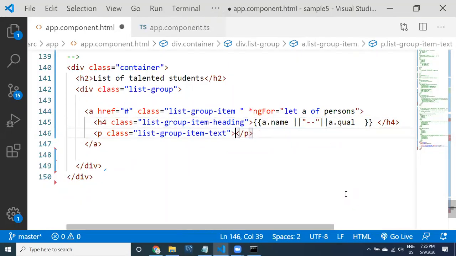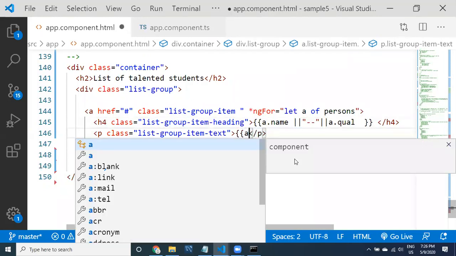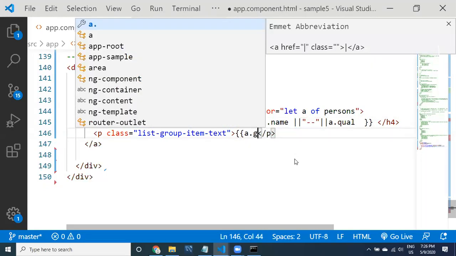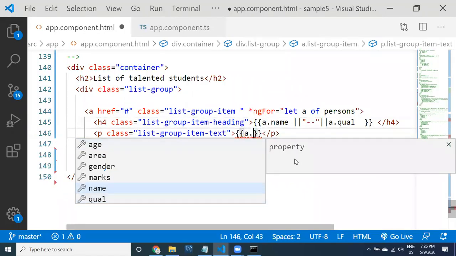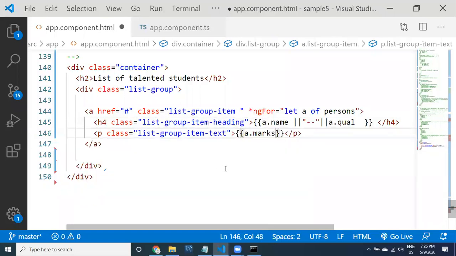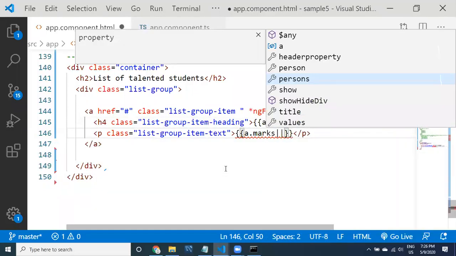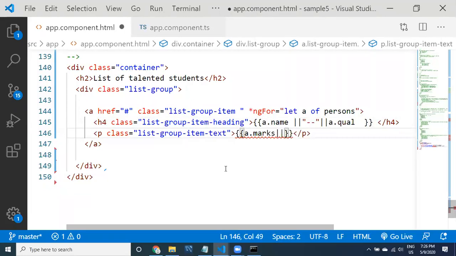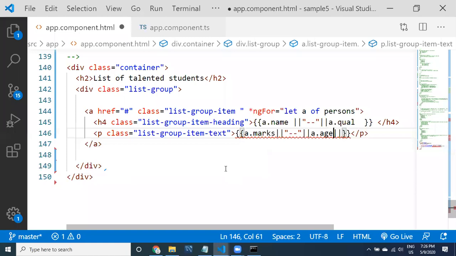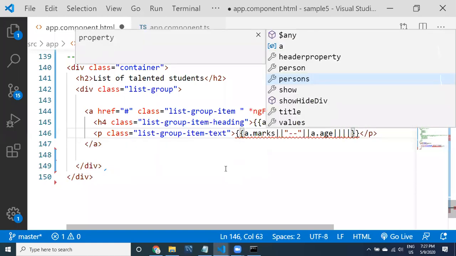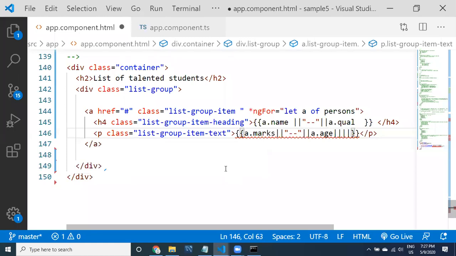Now I want to provide another string interpolation, a dot marks, concatenated with marks, and a dot age, and... sorry, this is not required.